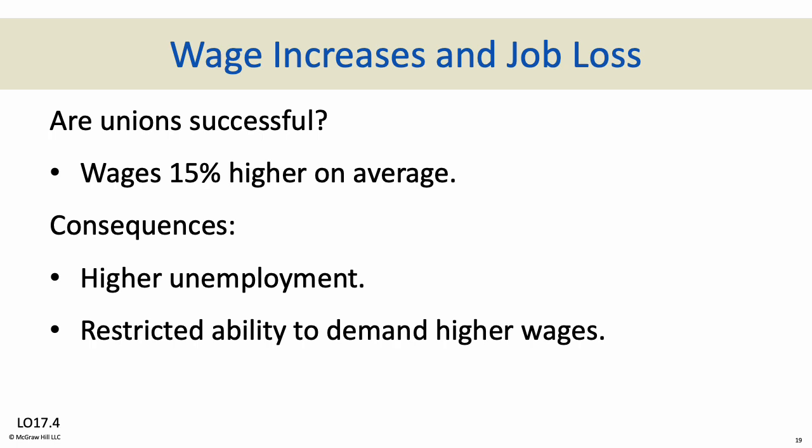If there's a decline in employment, the union keeps arguing for higher wages and the company's hiring fewer people, because unions can't force a company to hire people. They can negotiate for their current members. It has the effect of restricting the ability of the union to demand higher wages eventually. Unions can demand all they want, but if they demand too much, workers could lose their jobs. Companies may shut a factory down. They may not be able to afford wages up to a certain point, or the company may fail. So you could demand wages as high as you want, but in practice, workers may balk against wage rate requests.